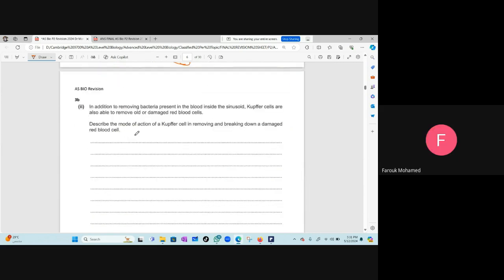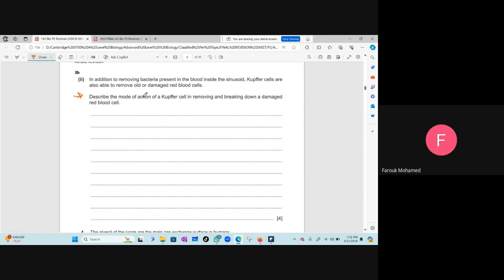Now, describe the mode of action of the Kupffer cell in removing and breaking down a damaged red blood cell. In other words, we want to revise the steps of phagocytosis. The macrophage or the phagocyte engulfs the substance, forms a phagosome around it, and then the lysosome fuses with the phagosome, forming a phagolysosome. And they release hydrolytic enzymes such as protease and